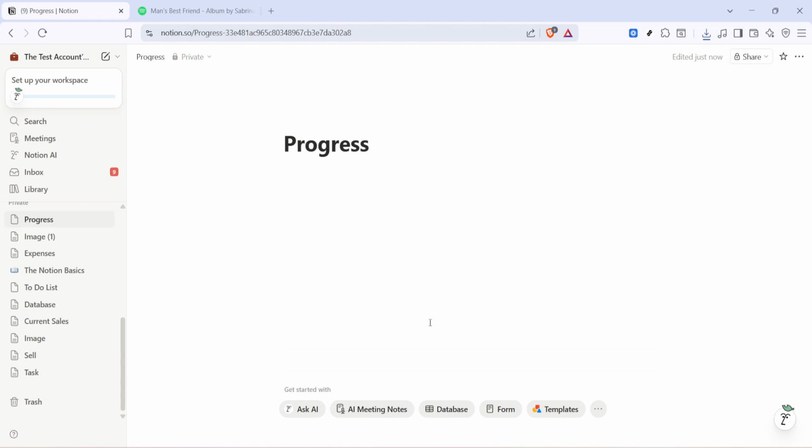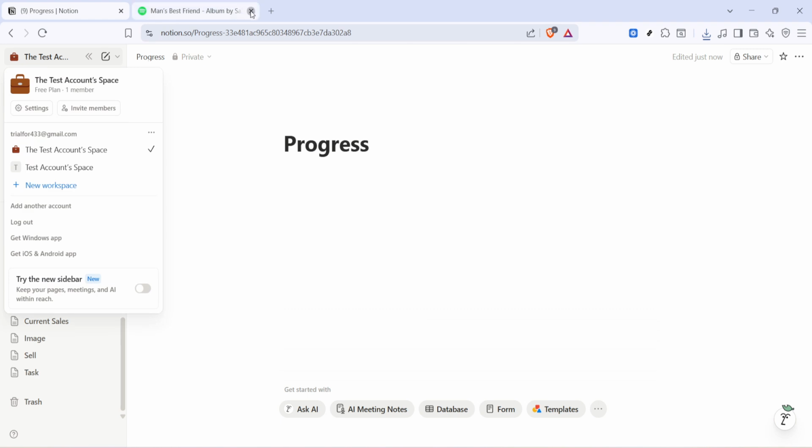Start by opening Notion on the web or desktop and signing into the workspace where you want the connection. Look to the corner of the Notion window for your profile. This is usually your avatar or initials. Click that profile icon to open your account menu. This is your quick gateway to personal preferences and workspace controls, and it's the easiest way to reach the settings